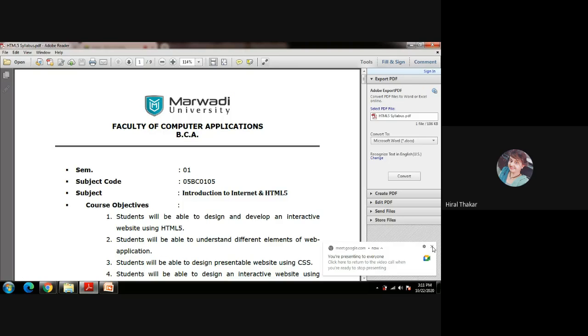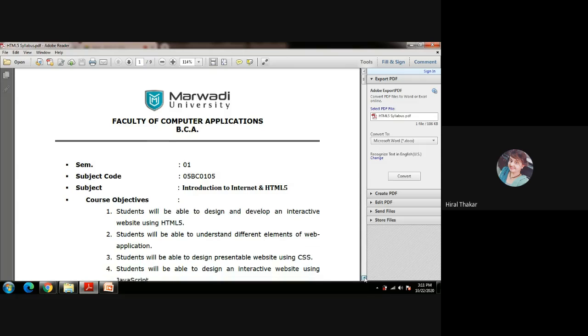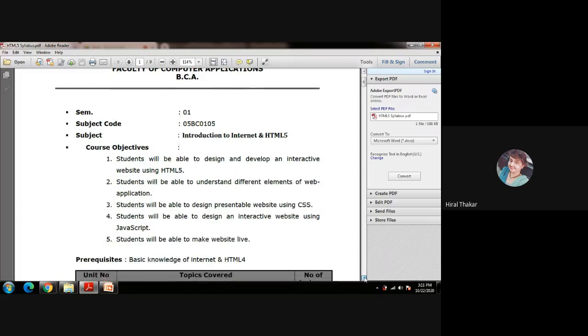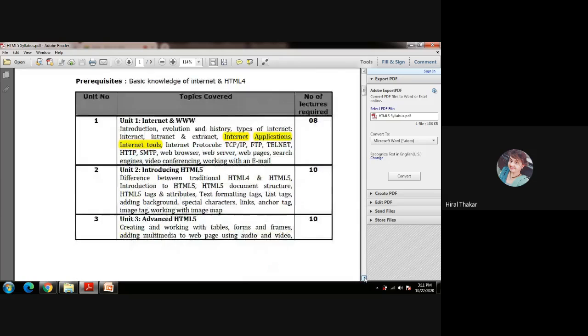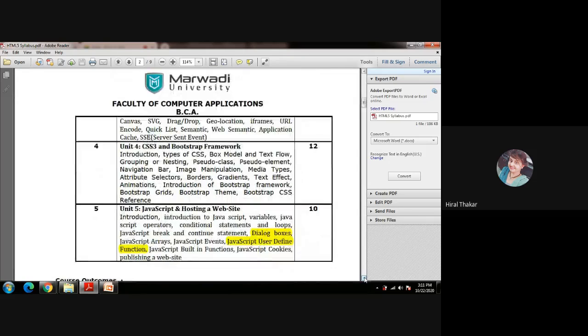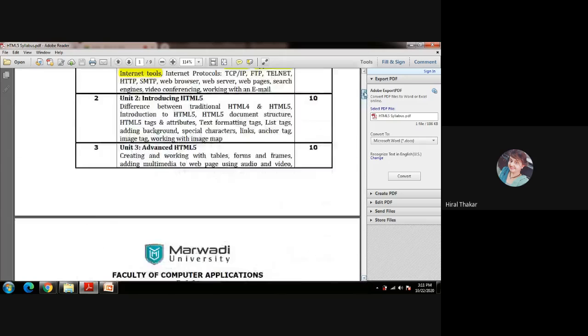the syllabus of our subject. As I have told you, Introduction to Internet and HTML5. So what are we going to learn in this subject? There will be a total of 5 units. We will start from unit 1,